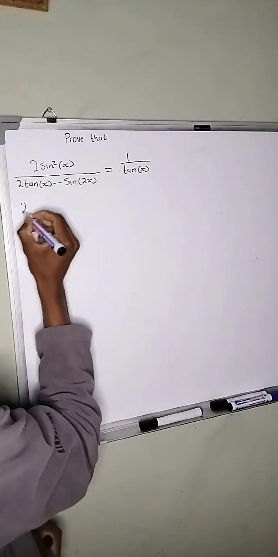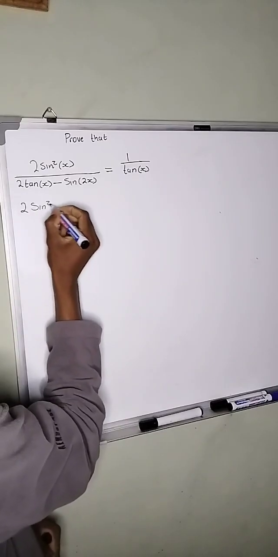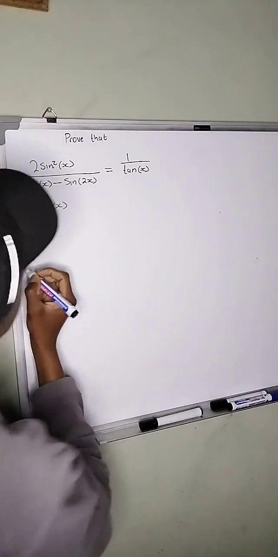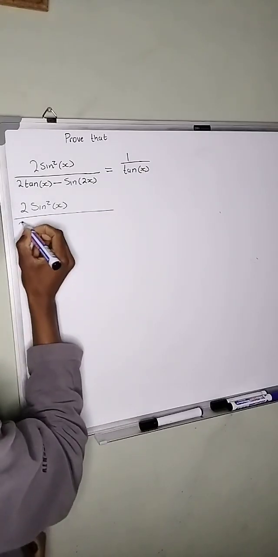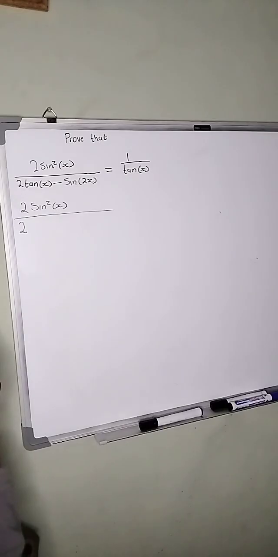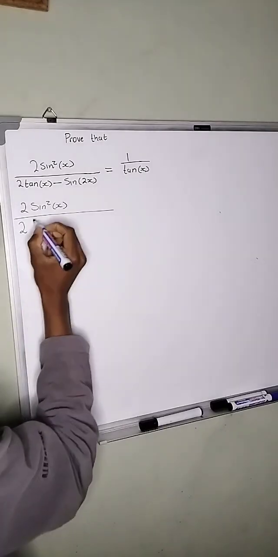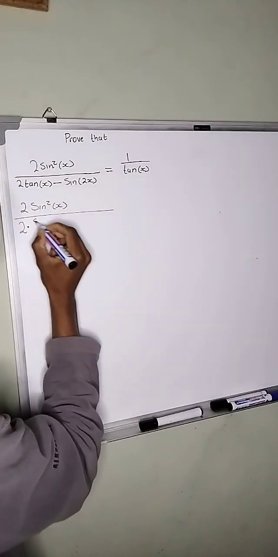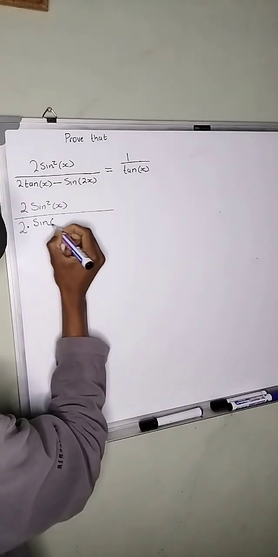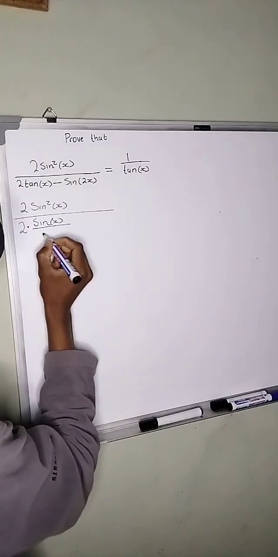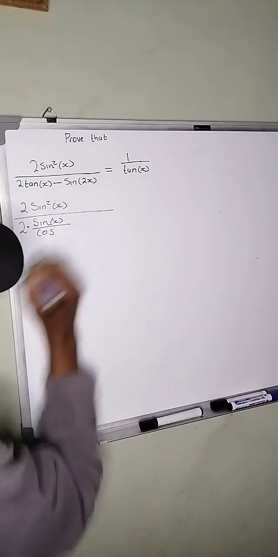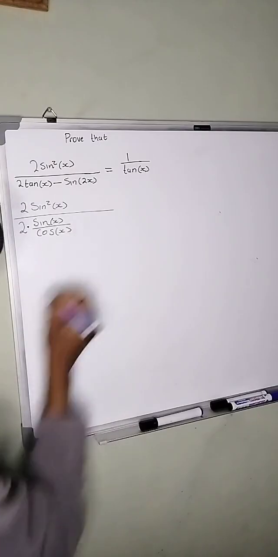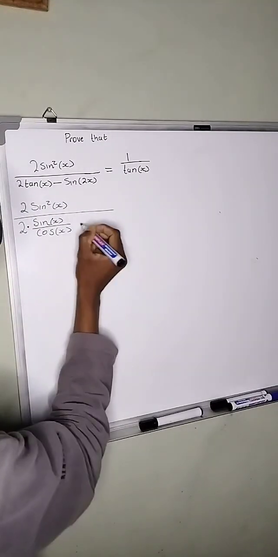I'm going to say 2 sine squared x over 2 multiplied by sine x over cos x, I mean, right? Minus